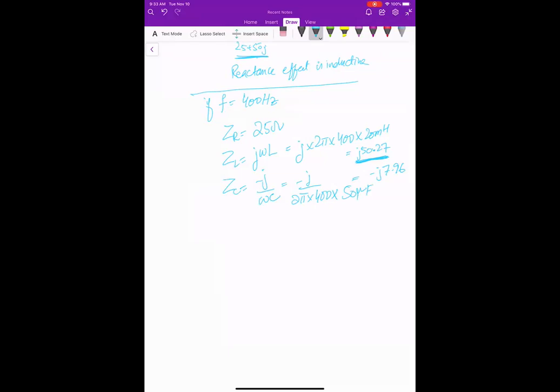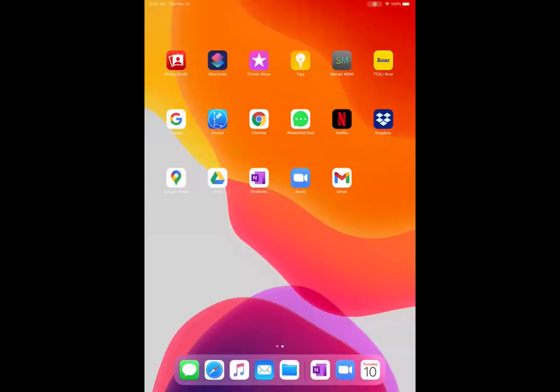So the total impedance will be 25 plus J 50.27 minus J 7.96. That will become 25 plus J 42.31. So when you find the magnitude, it will be 49.41 and angle